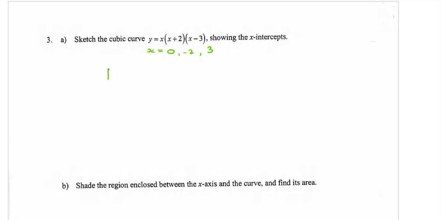That means, here's my sketch. So -2 over here, and it goes through 0 and 3 over there. So,